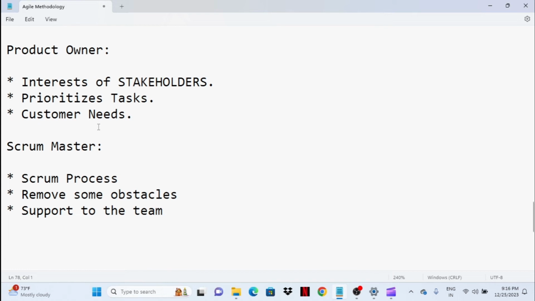So in the agile environment, and at the same time in Scrum, we have two roles. One is the product owner and the other is the Scrum Master. The product owner takes the interests from the stakeholders, prioritizes the tasks, and also gets the customer needs. Okay, so the Scrum Master,